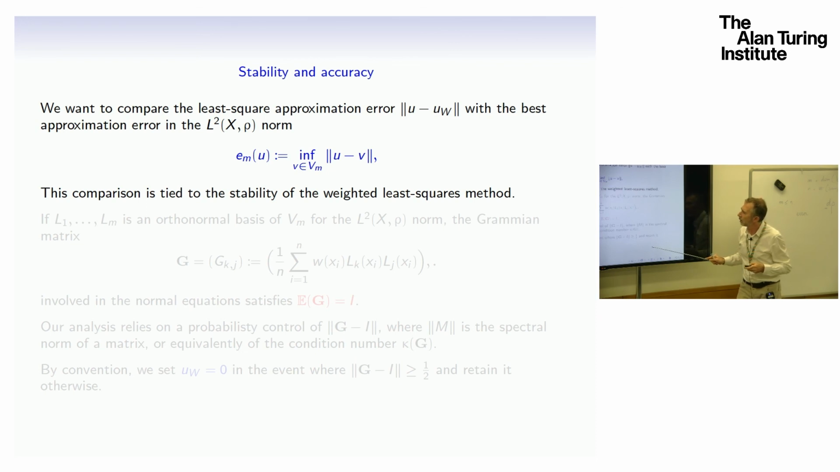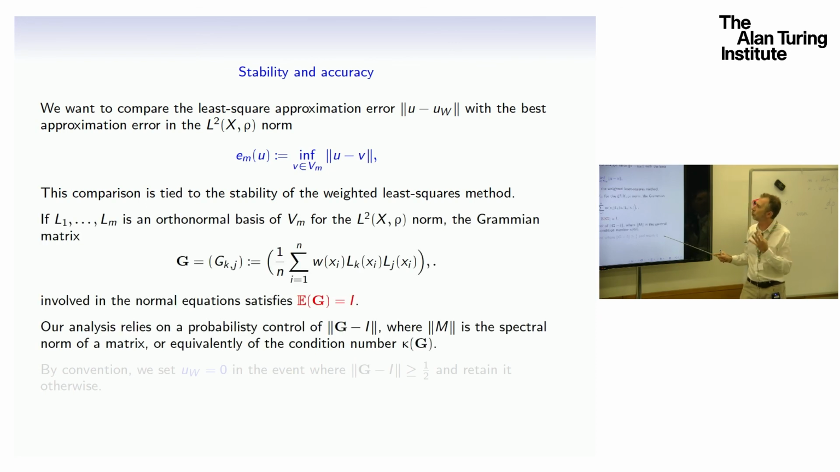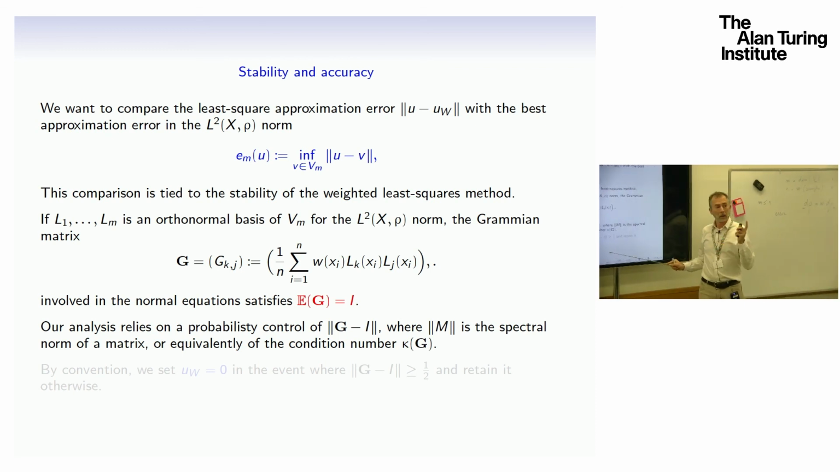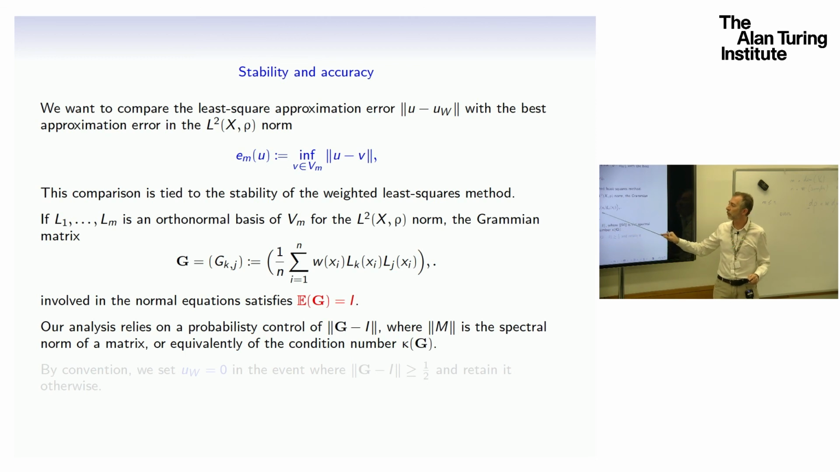So in order to analyze that, we are going to use, for the analysis, an orthonormal basis of Vn with respect to this norm. We might not use this basis. We are not obliged to use it for the numerical method. For the implementation, we could use a completely different basis. Okay? In which case, you see that the Gramian matrix involved in the normal equation concentrates around the identity, because